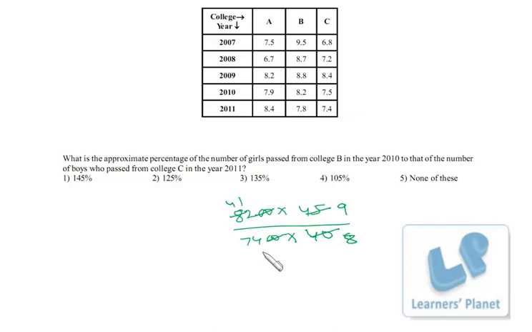So this is 41, this is 37. Now it is just 4, right? Around 4. 9 4s are 36, we are left with 1. So 0, so 4.1 something, and 8 5s are 40, and 1, so 5.1 something. So precisely 51 by 41. So we can take it as around 50 by 40 or 5 by 4. So that is 1.25. That is 125%. Okay. So 125% is the correct answer.